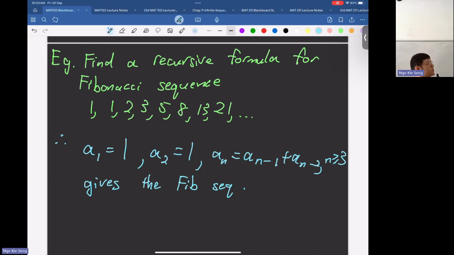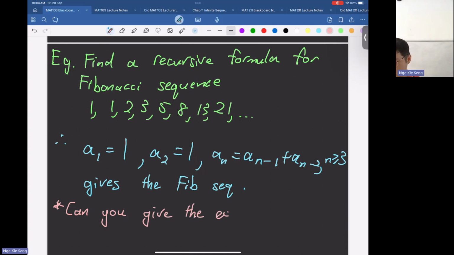Okay. So this question asks you about the recursive formula. But can you give an explicit formula for the nth term? Like, let's say I give you 1, can you produce me 1? 2 produces me 1, 3 produces me 2, and so on. Can you give a formula? So the question is, can you give